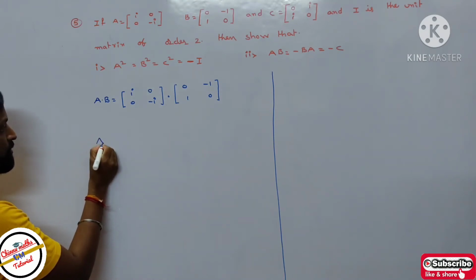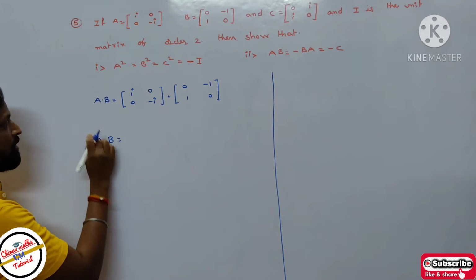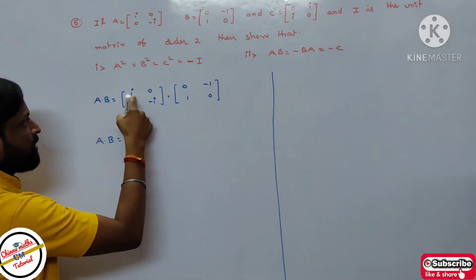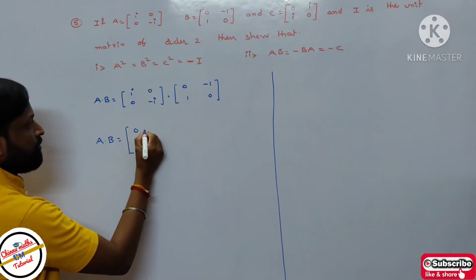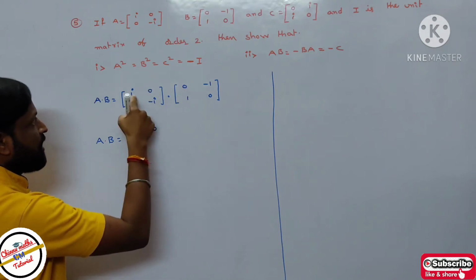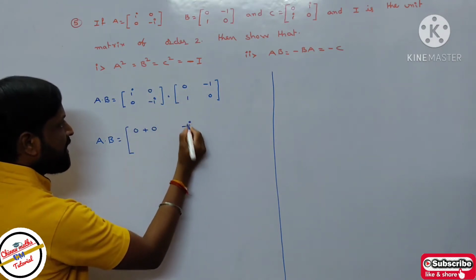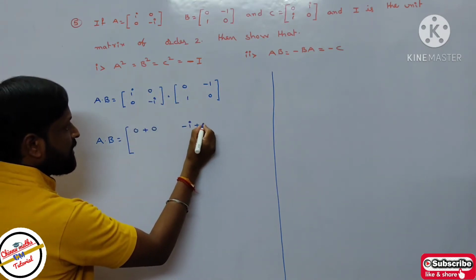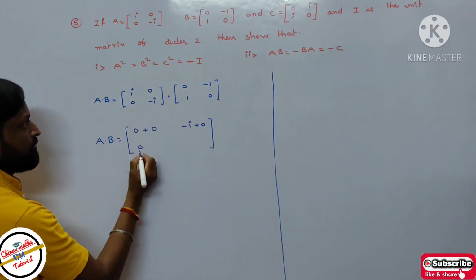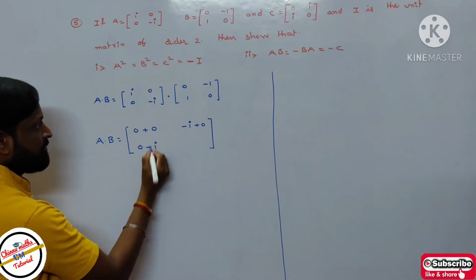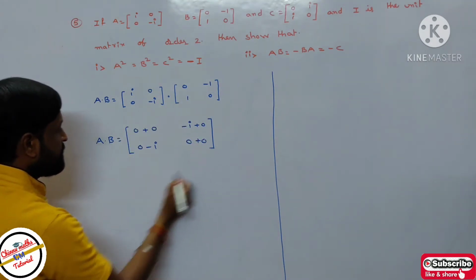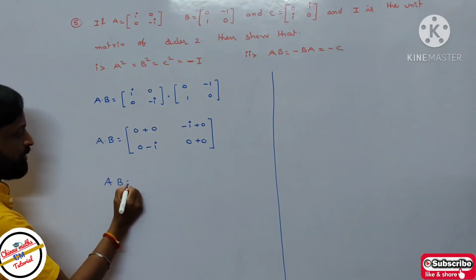So then directly you have to write the product of A into B. The first row and first column, i into 0, 0, plus 0 into 1, 0. First row and second column, i into minus 1, minus i, then 0 into 0, again 0. Next 0 into 0, minus 1 into i, minus i, 0 into minus 1, 0, i into 0, it will be 0. So then A into B equal to